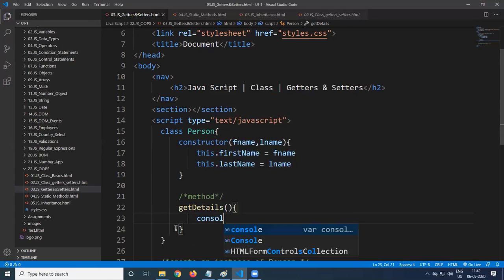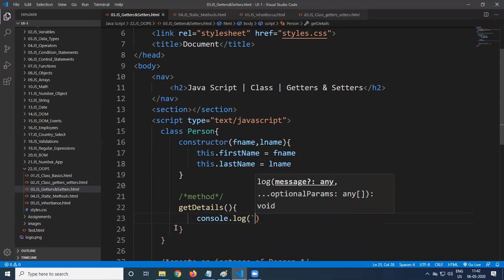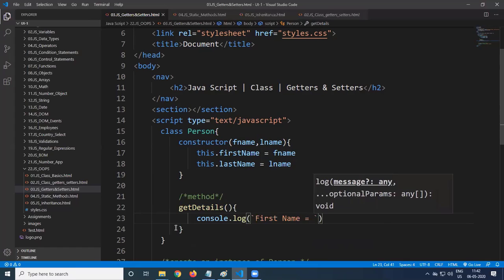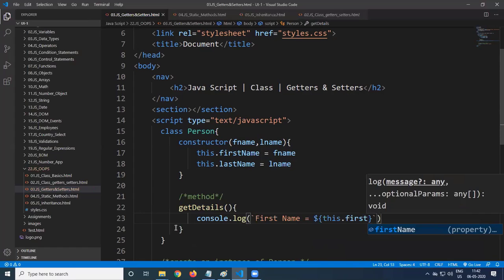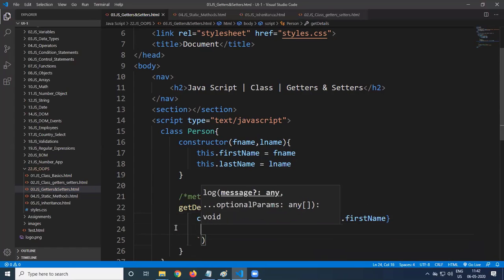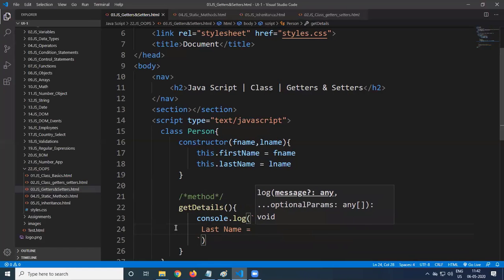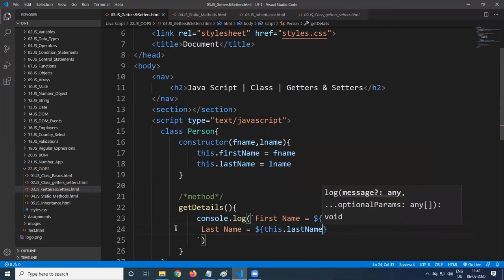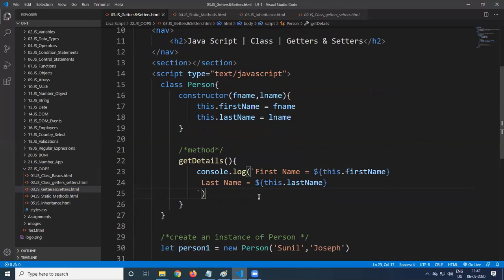Inside this getDetails method, we'll say console.log with a backtick, because we want to display the first name and the last name. First name is equal to dollar, in curly braces, this.firstName. We also provide the last name: last name is equal to dollar this.lastName. So we define the properties in this way.